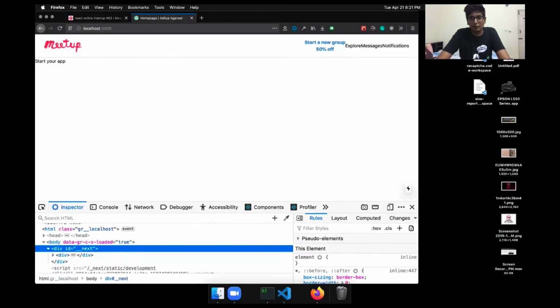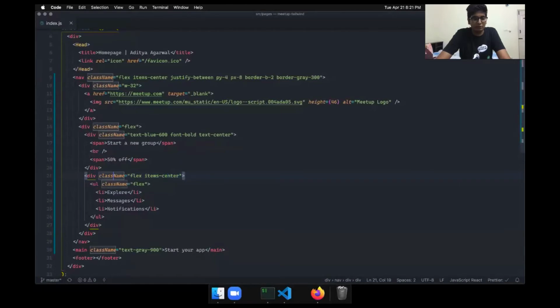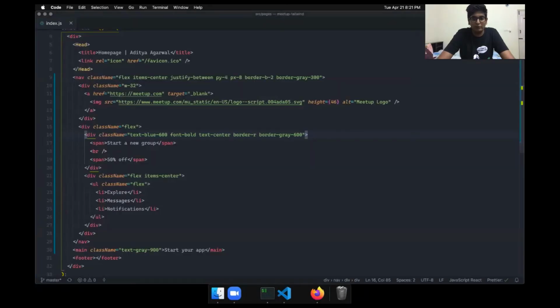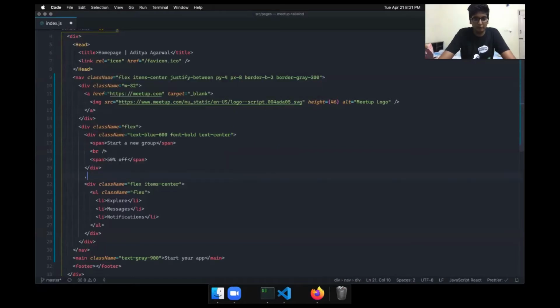And now we want a divider here. One way to do it is to put a border here. So I can do border-r and border gray 600. And better yet, instead of this, we can create a separator div.